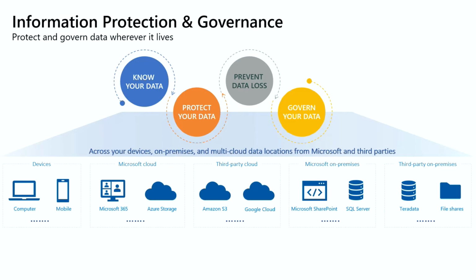Extending that into third parties, having that same protection and governance platform that you're using for your collaboration workloads, having that extend into AWS and GCP, or it could be that SharePoint library on-prem, or that SQL server on-prem, or even third-party on-prem, whether it's Teradata or, as I mentioned earlier, those file shares. So key here, think big. Your data is everywhere, and having that information of what data is out there and how to protect it is key to a good data